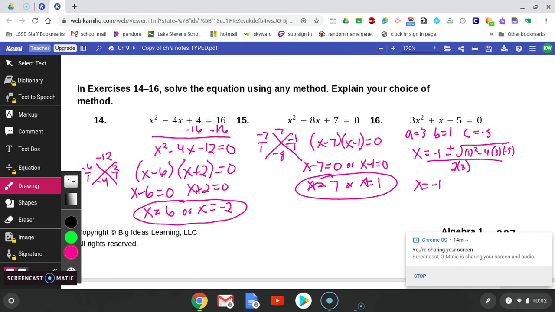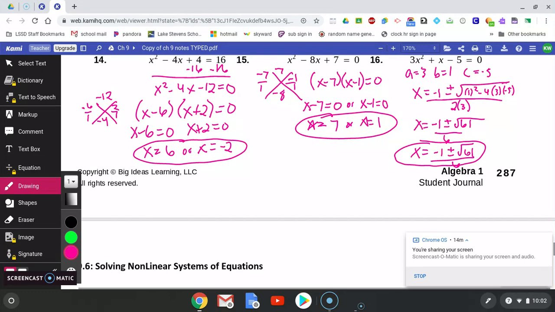So x is equal to negative 1 plus or minus the square root of, well, let's see, 1, and then I have negative 4 times 3, which is negative 12, times negative 5, which is a positive 60. So this would be a 61 underneath there, divided by 6. So I get x is equal to negative 1 plus or minus the square root of 61, divided by 6. I can't simplify square root of 61, so it is completely okay to leave your answer like that. However, if it says an approximate answer is okay, then we can approximate what the square root of 61 is. Approximately, square root of 61 is 7.81. So I can say that